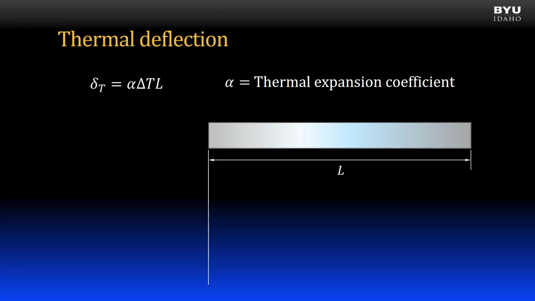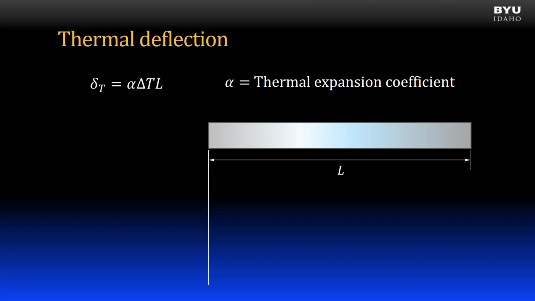Next, thermal deflection. Applying forces is one way to cause a member to deflect. Another way to cause deflections in a member is to change its temperature. The thermal deflection equation is shown. It is equal to alpha, the thermal expansion coefficient, times the change in temperature of the member, times the length